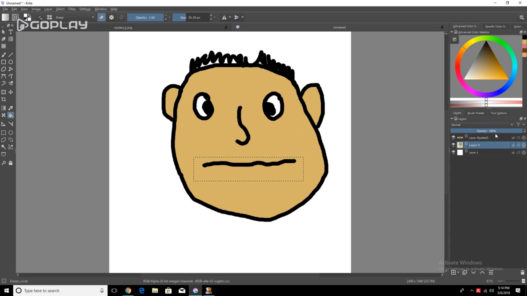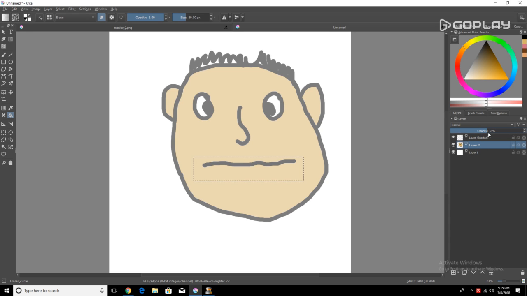And so now we're gonna go to this layer and we're gonna erase everything here. So now we can set this layer's opacity to 50% around there. That's probably gonna be best. Now that we're on this layer, I'm gonna set the pen back to about where it was, and then I'm gonna make a different